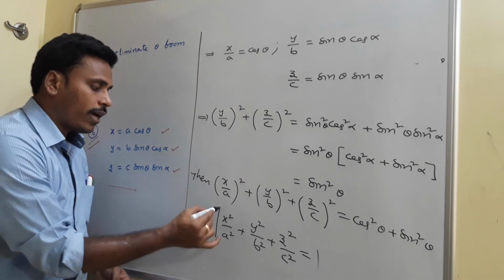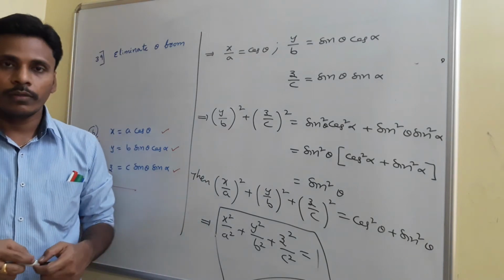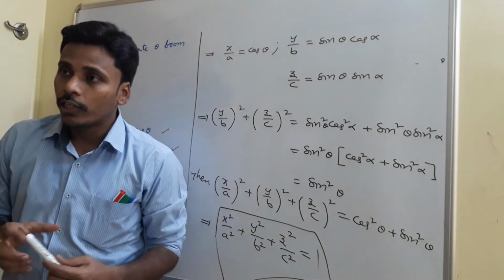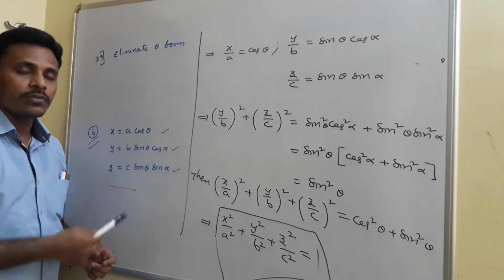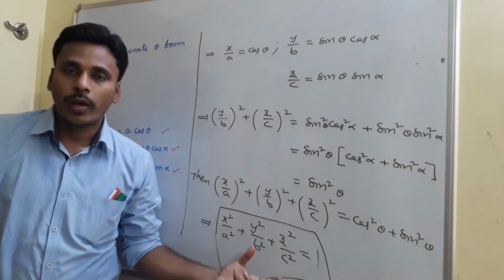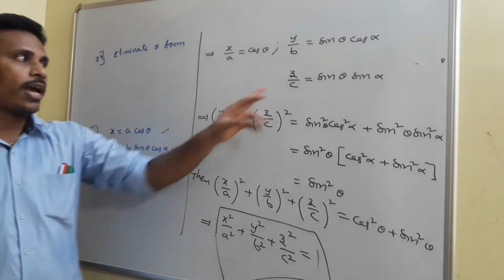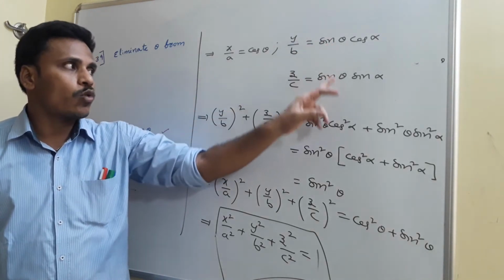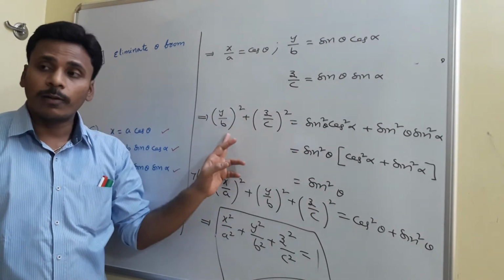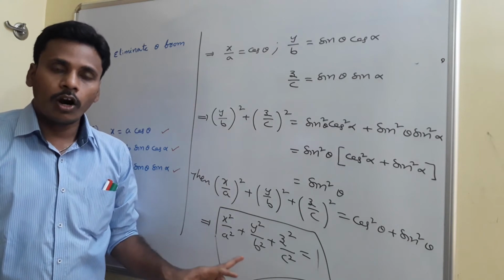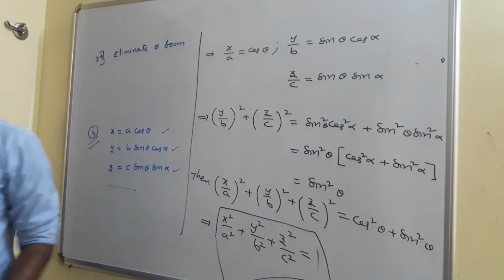And thereafter, if you look there, this is the relation between x, y, z and a, b, c, where no trigonometric term is involved. So elimination of theta is nothing but elimination of the trigonometric terms involved in these three relations. See, by eliminating those trigonometric terms, we need to establish another relation between x, y, z along with a, b, c. Have a look at this. First of all, x by a, y by b and z by c I identify. And then I square these two and add. You will get sin square theta. After that, square the first one and then add for this sum. At the end, this is the relation of eliminating the trigonometric terms, specifically theta. Right? Have a look at this.